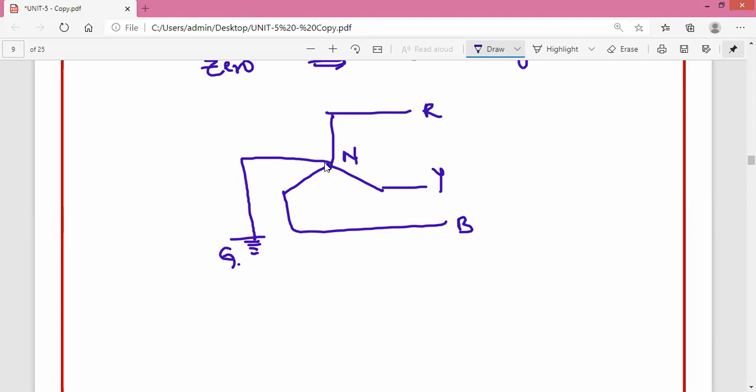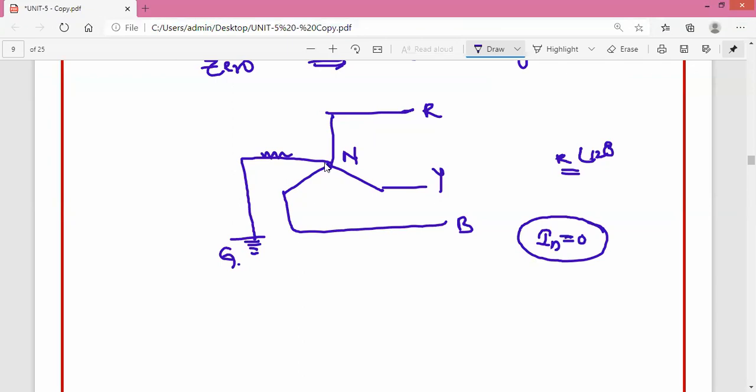So there is a short circuit here. Then generally you will have resistance grounding or reactance grounding, depending upon the machine which is connected here. Then what is the difference between the neutral and the ground? Whenever there is a balanced system, what do we mean by a balanced system? Each phase is displaced by 120 degrees and equal in magnitude, then that can be called a balanced system. If the system is balanced, then the neutral and ground will be the same. There is no neutral current. We have discussed this at the start of this session. The neutral current is zero.